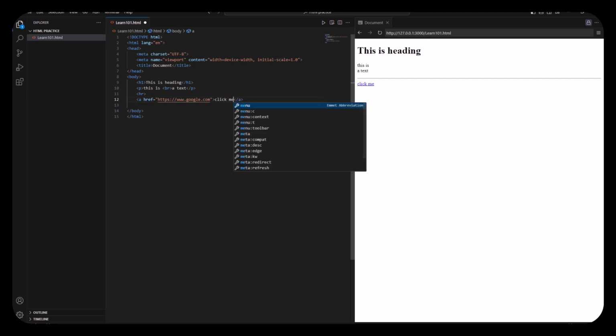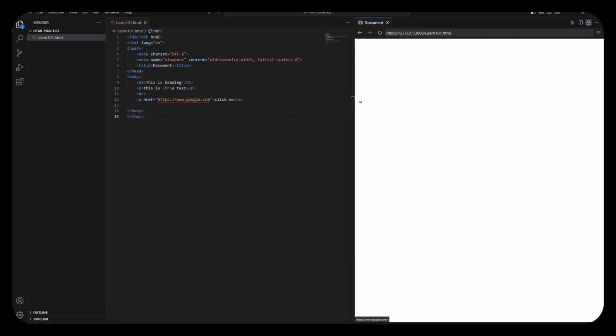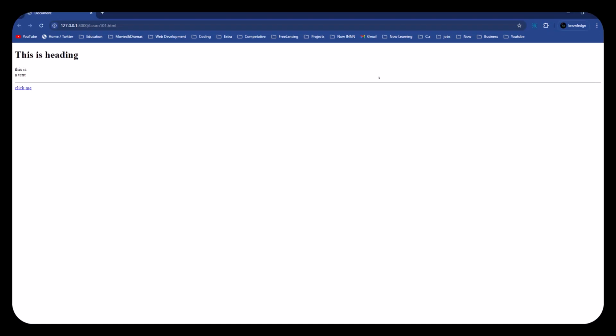or anything else. As I write click me, it will show, and when I hover over it and click it, it will go straight to Google. This is a heading, this is a text, and so on. Okay guys,